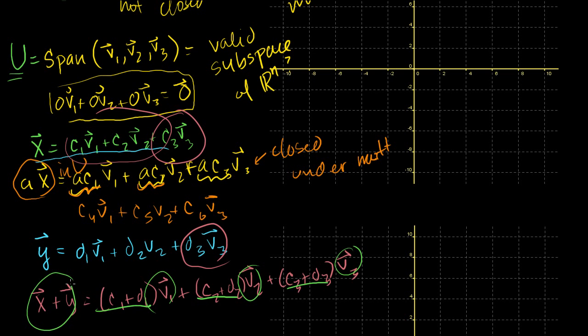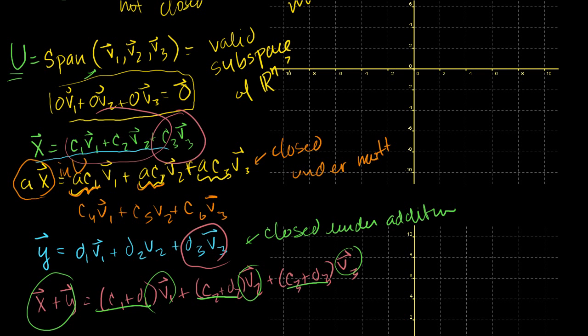So it must be, by definition, in the span of v1, v2, and v3. So we are definitely closed under addition. Now you might say, hey, Sal, you're saying that the span of any vector is a valid subspace,